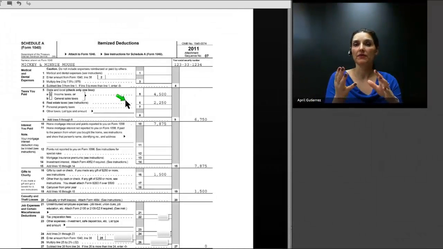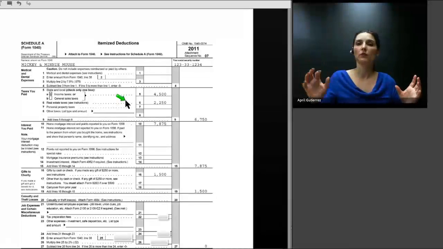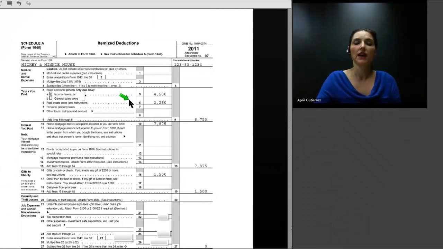And of course, we're talking about the property taxes on the home and the mortgage interest on the home. We needed to divide those. To the extent that we have rental use of the home, we put a proportionate amount of mortgage interest and real estate taxes on the Schedule E, but the leftover amounts go on Schedule A. Of the $3,000 of real estate taxes paid for the year, $750 went on Schedule E, and that leaves $2,250 for Schedule A. And of the mortgage interest paid, $10,500 was paid for the year, and $7,875 will go